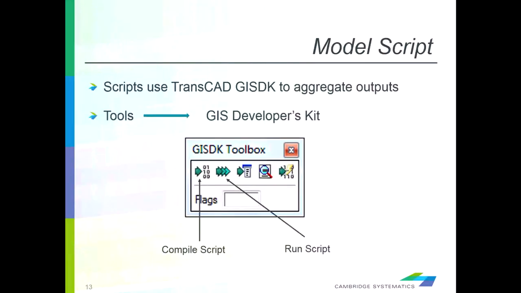So then we go into TransCAD itself to be able to run the script. We open up TransCAD, you go to the Tools on the menu, and then you go to the GIS Developer's Kit, and this toolbox will pop up. And the first icon on the left compiles the script that we developed. And once the script is compiled, then we go to the next icon, which shows the 3 arrows pointing to the right, and that runs the script